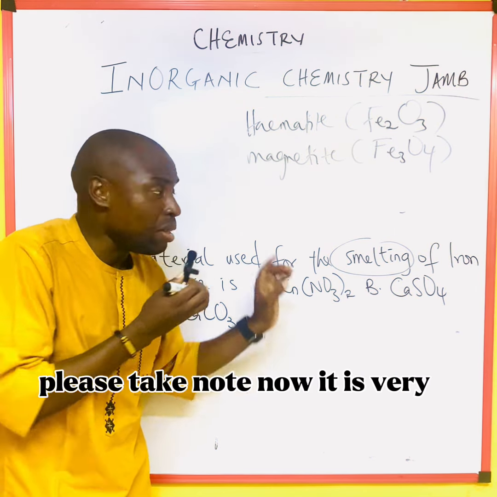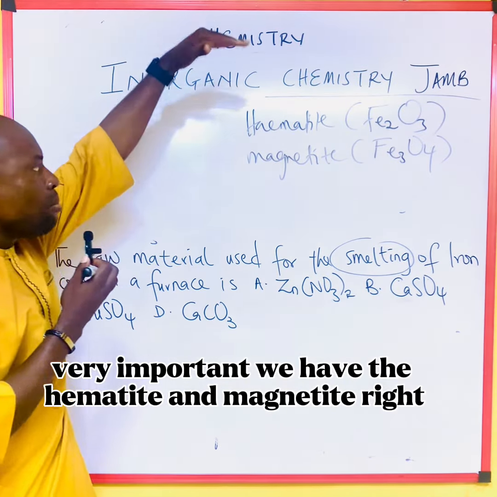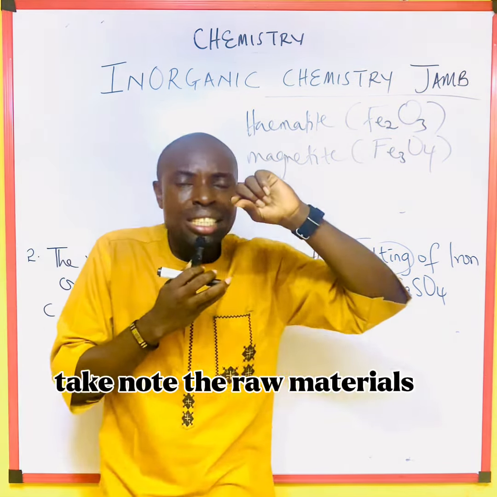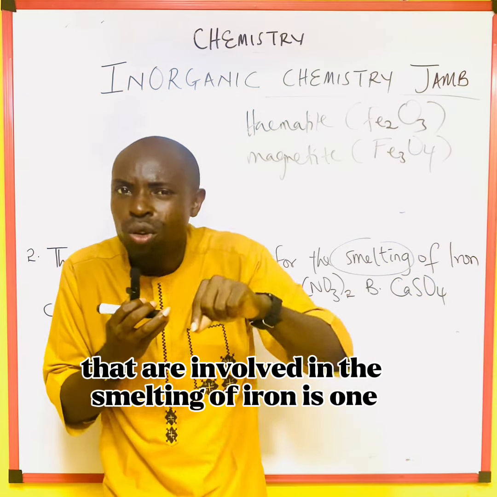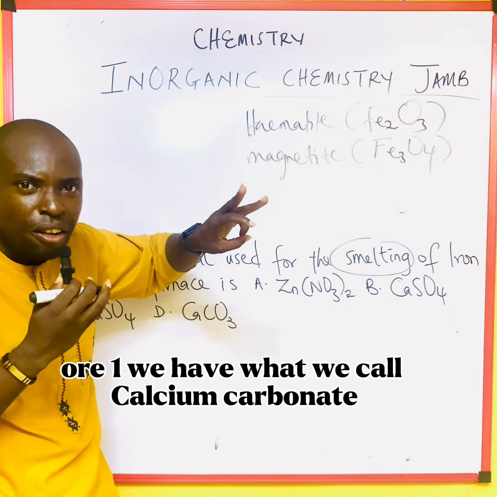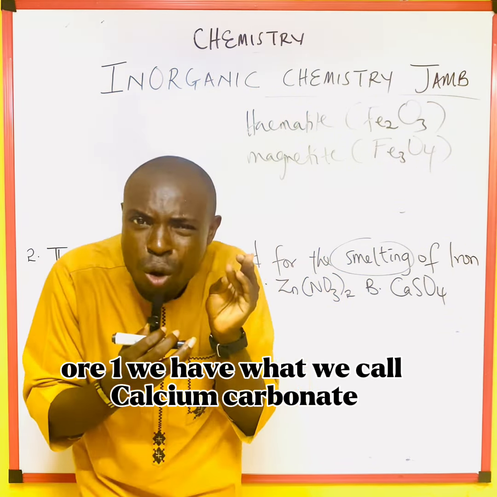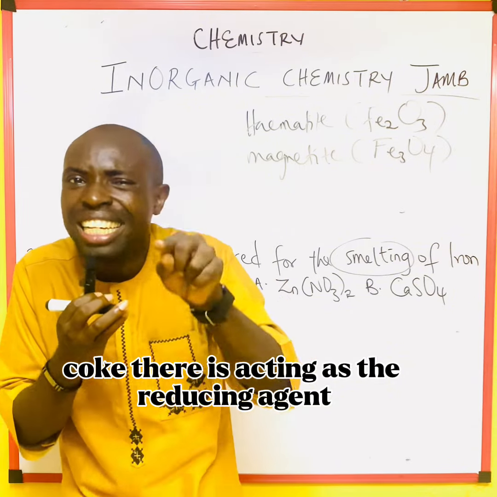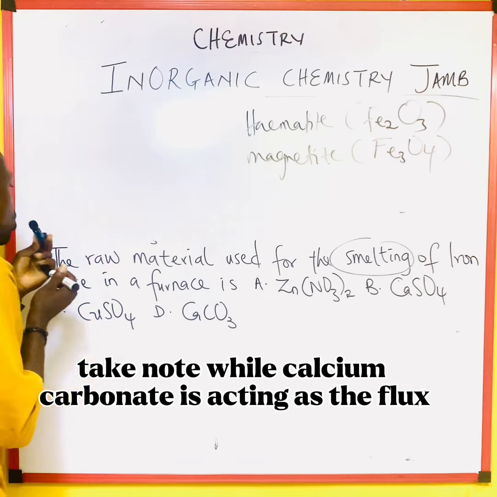Is that clear? Please take note. Now this is very, very important. We have the hematite and the magnetite. Take note, the raw materials involved in the smelting of iron are, one, these ores. We also have calcium carbonate and coke. Coke there is acting as the reducing agent. Take note. While calcium carbonate is acting as the flux,